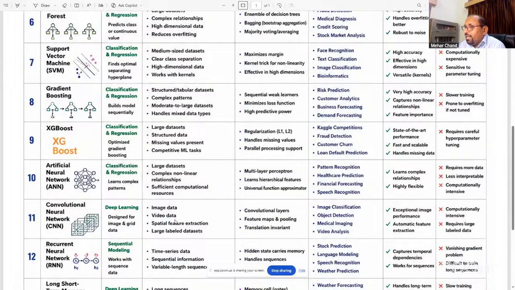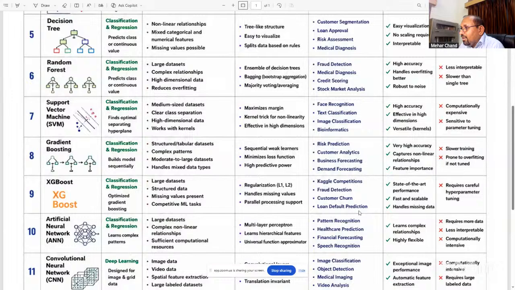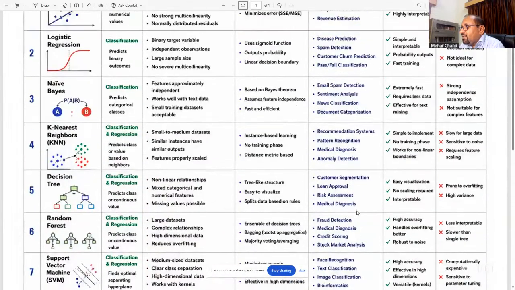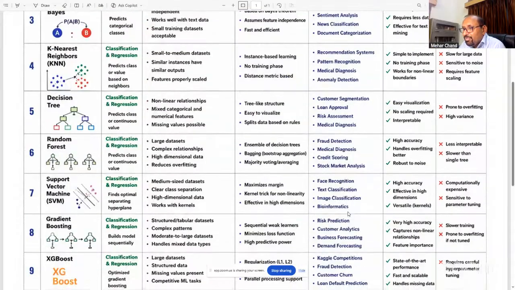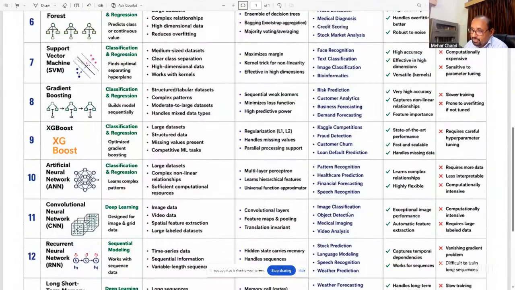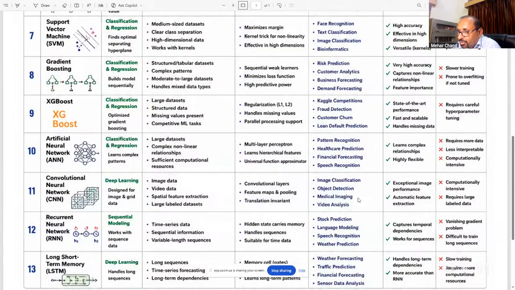Here we have the convolution layers, feature map and pooling, translation invariant, and what we can extract. Best use cases you can see: image classification. When the data is related to images, we require their classification. Object detection, medical imaging, and video analysis. So these are some examples where we can apply